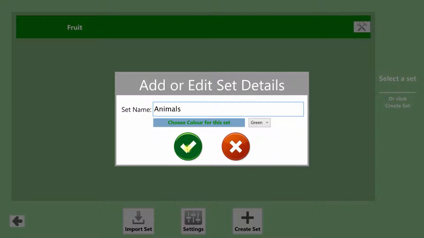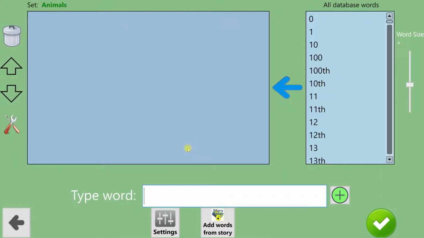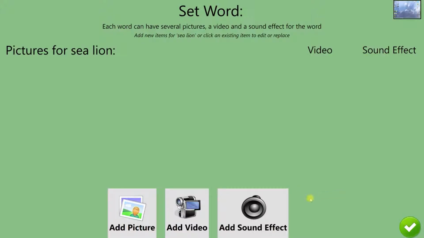So type in the word, hit the tick button, and the first animal I'm going to put in is a sea lion. There we go, sea lion. I'm going to add that, and I'm going to need to get a picture for the sea lion. So add picture,